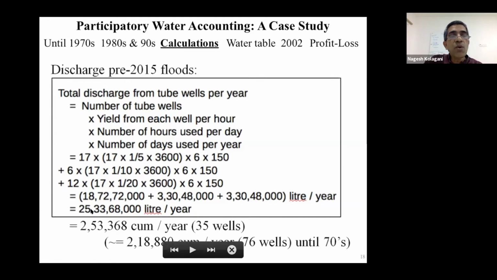And the amount of water being pulled out was roughly the same as what we were getting in the 70s also. So the farmers' assumption that the rains have really gone down doesn't hold. It is not that the rainwater has come down drastically. Yes, it has come down to an extent, but the discharge is the main problem. That's what must be addressed.